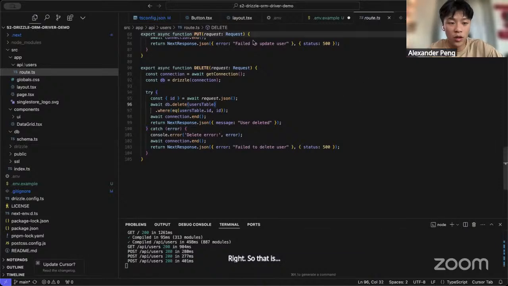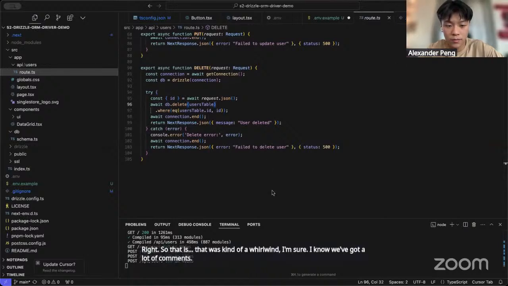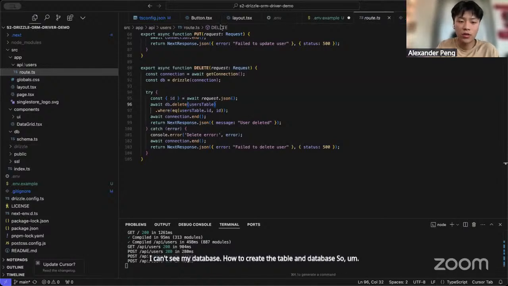So that was kind of a whirlwind, I'm sure. I know we've got a lot of comments. Let's see, we've got a few comments. I can't see my database. How to create the table on database. So just to make sure,